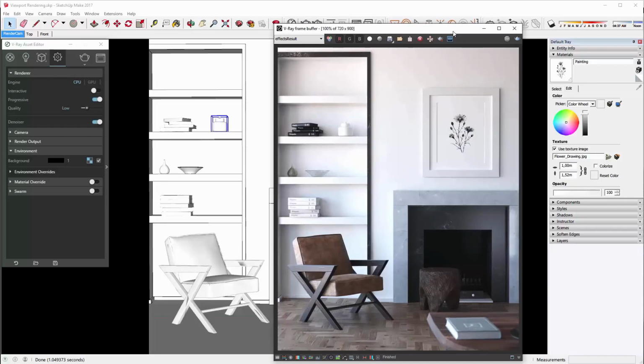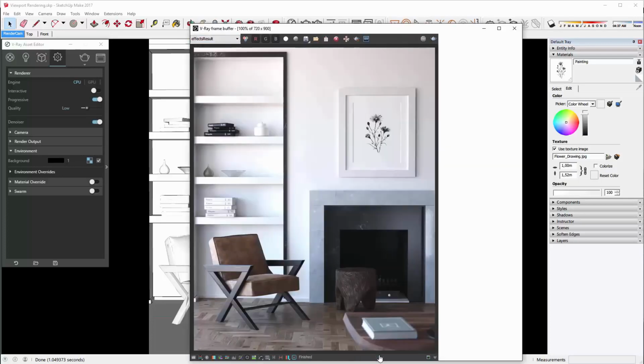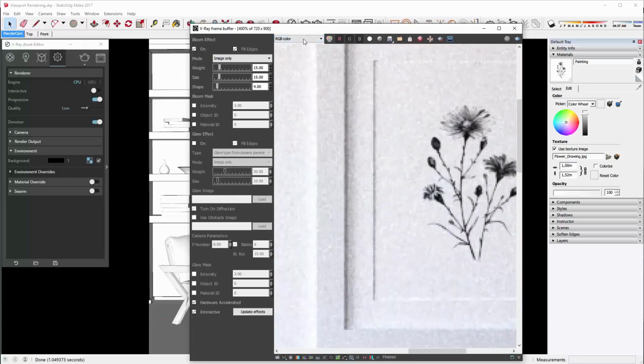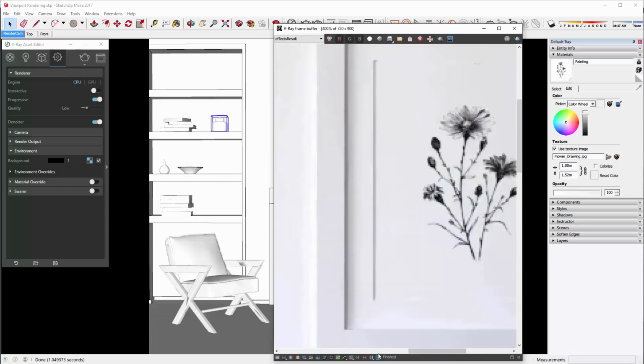And we have our effects result that I was talking about. Like I said, the denoiser and the lens effects will be stored here. If I enable the lens effects, you're going to see that they're in the effects result. If I click on the denoiser, we're going to see the denoiser only. And in RGB, we're going to see the raw render. And this is after the denoiser. You can see that it's done a beautiful job cleaning the noise and retaining the detail in that texture.